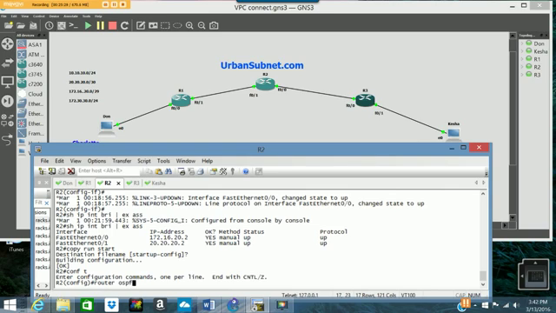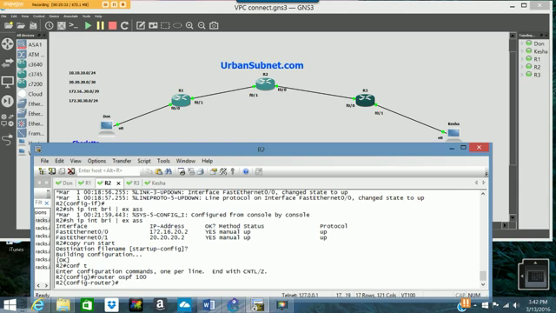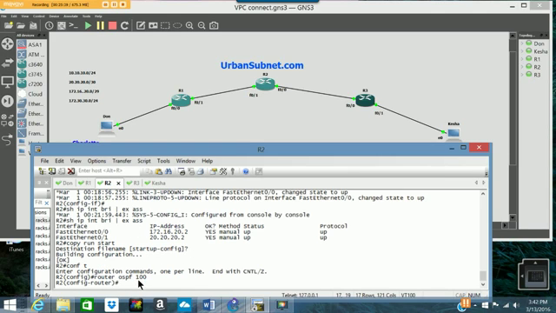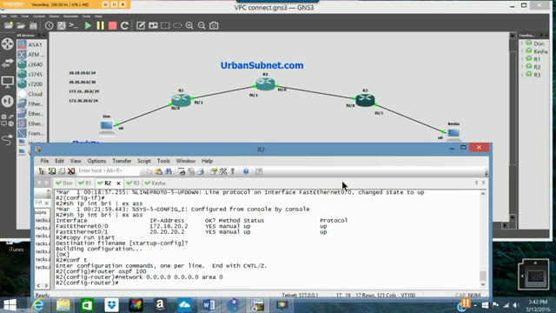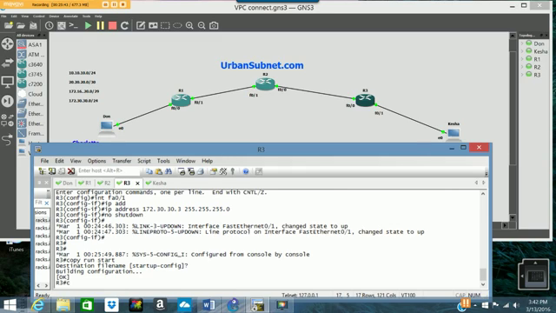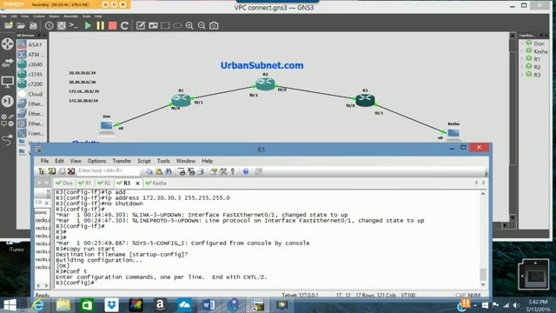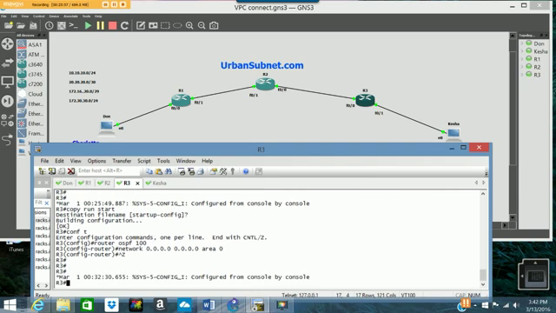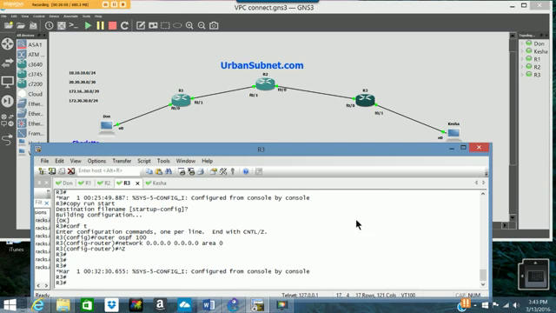Router OSPF 100, and then we're going to copy this right here and put that in on router number 2, and then on router 3, 100, and then we're pasting the network. So now all of these routers are connecting different networks, but what we did